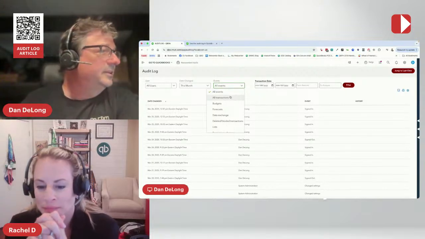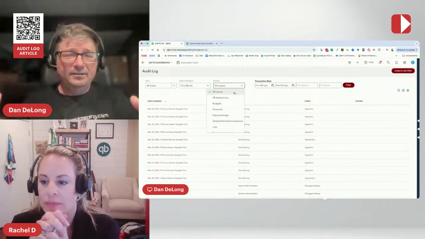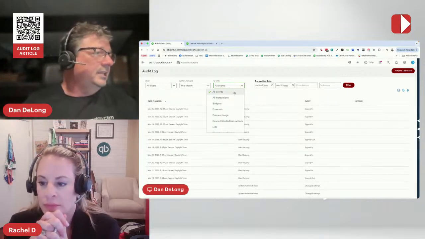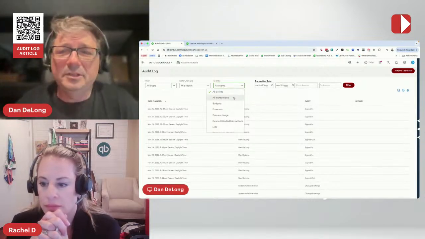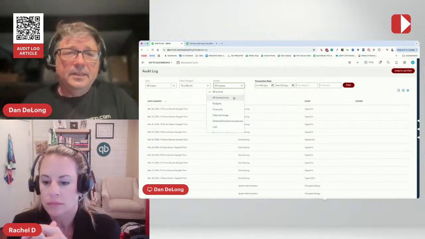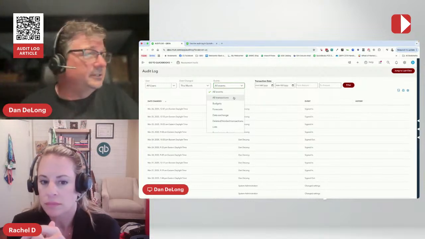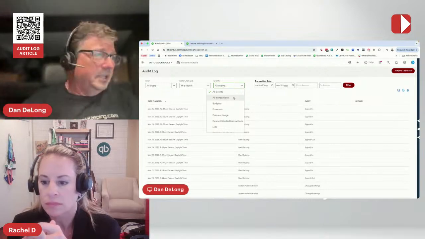So all events, of course, is the default filter for anything that changed. So you're going to see all of those things, right? So let's just kind of comb through and define some of these events here. So all transactions. So anything that has to do with a transaction itself, you can filter and exclude everything else,